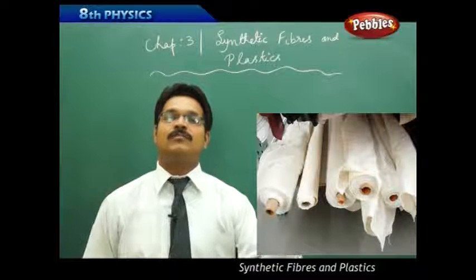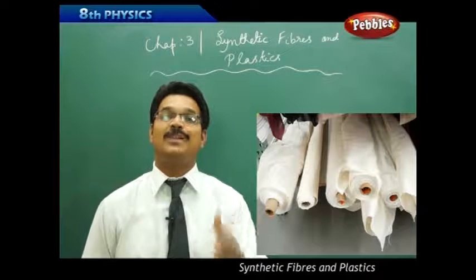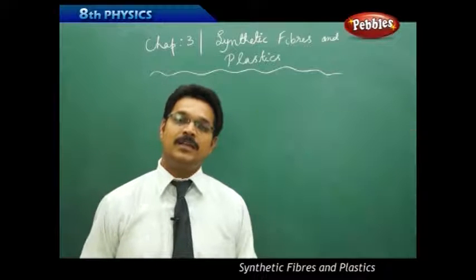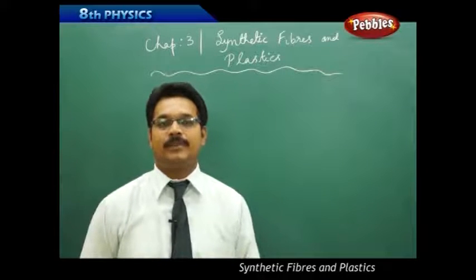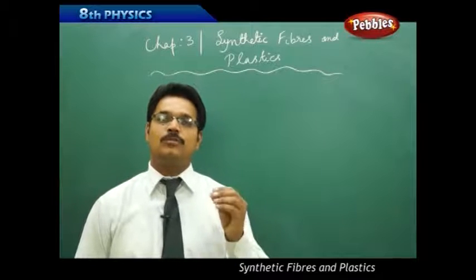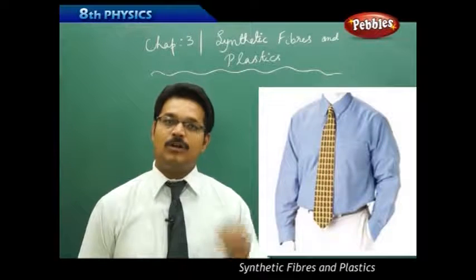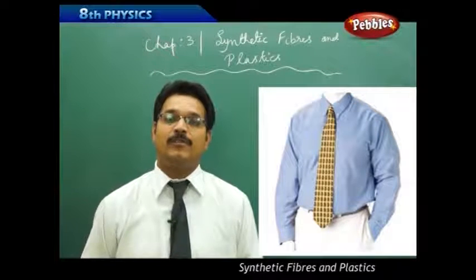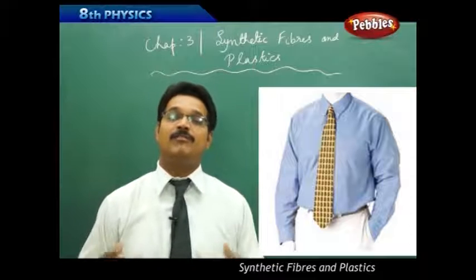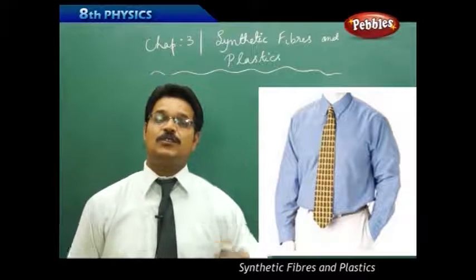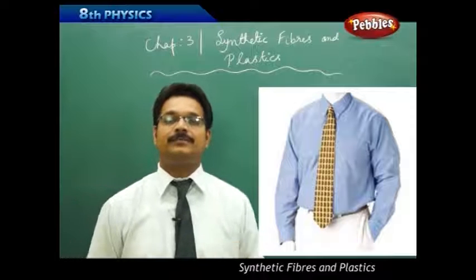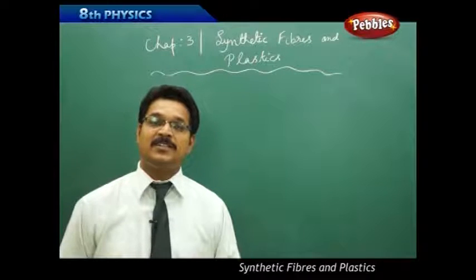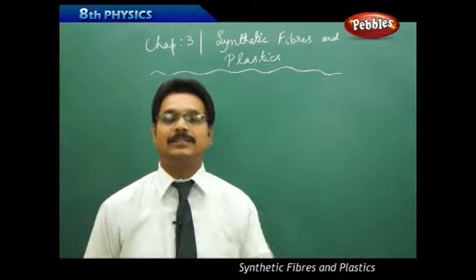Because those fabrics are of different types. Maybe one white cloth is of cotton type, one is a polyester type, one may be a terracotta type. Similarly, the pants also. If you are an employee, you have to go to a company or an MNC. Then you have to wear formal wear. Sometimes you have to wear informal wear. So based on the situations, you have to change your dress. Then you have to have many varieties of dresses, which means the dresses should have many varieties of fabrics.